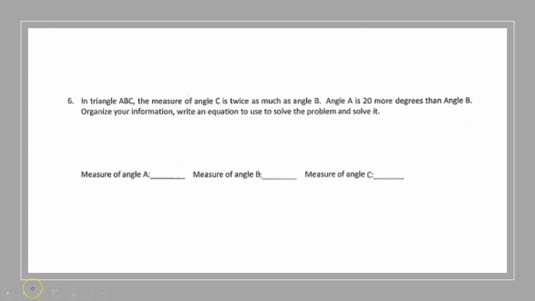All right, number 6. In triangle ABC, the measure of angle C is twice as much as angle B. Angle A is 20 more degrees than angle B. Organize your information, write an equation to use and solve the problem. Okay, so I'm not going to tell you, but we've talked about it before, that triangles are always equal to 180. Always. The angles always total 180. So we're going to make B, angle B, X. We're going to make angle C twice that, and we are going to make angle A 20 more degrees than B. So if we add all these up,